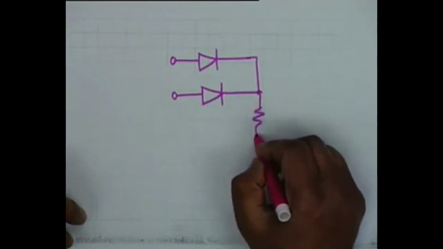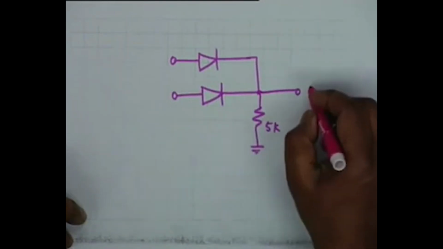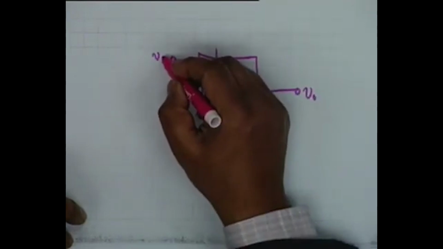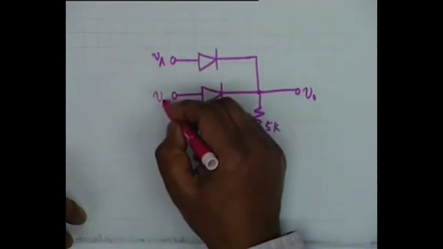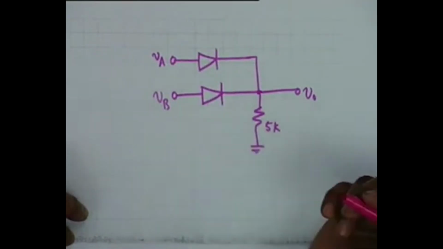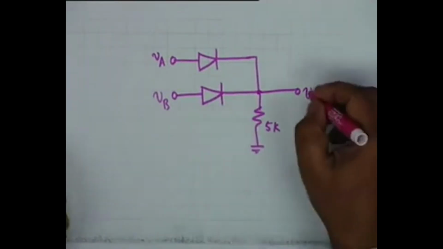This is connected to ground through a 5K resistance, and this is the output V0. This is VA, let's say, and this is VB. The stipulation is, this is a given circuit, all right, two diodes, two voltage sources, one resistor, and your output